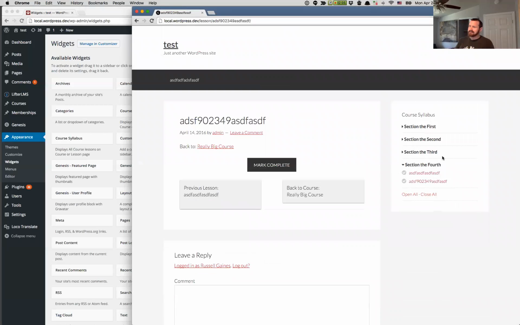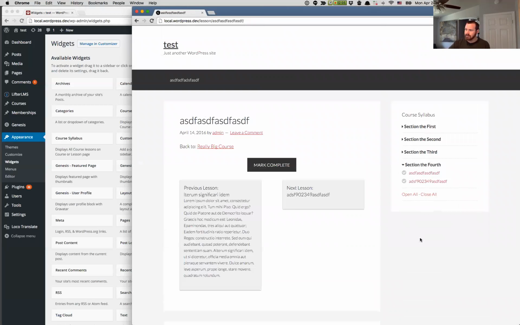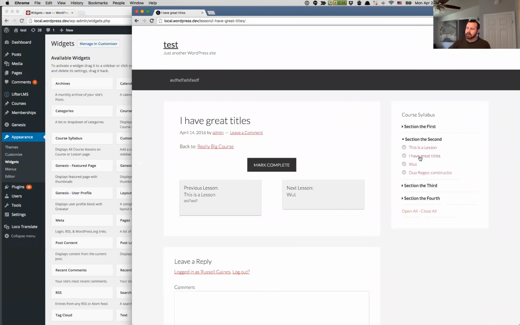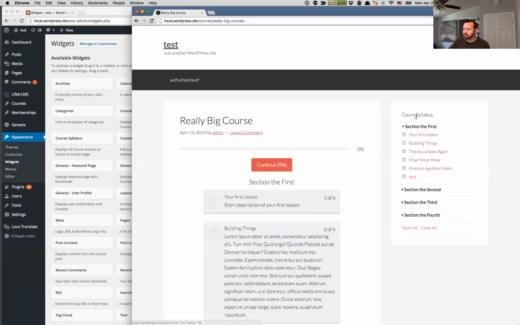So on a lesson page, whatever section, whatever lesson you're currently on is the section that's going to be open. So I jumped to this one, and it opened the 4th section. But if I jump into the 3rd one, it'll open the 3rd section when I load the page. So wherever you are, that's the section that's going to start open, so you can orient yourself that way. And now if I go back to the course, we'll see that